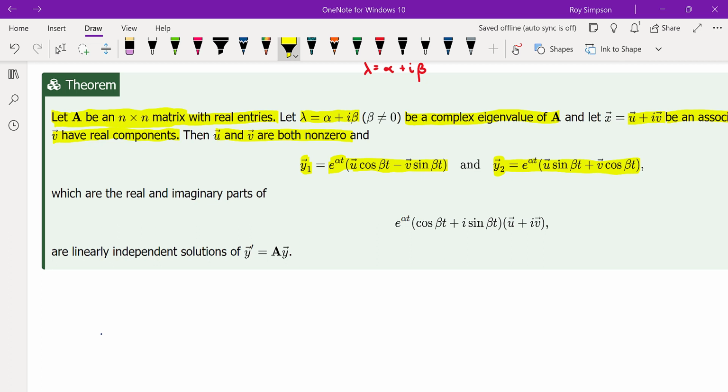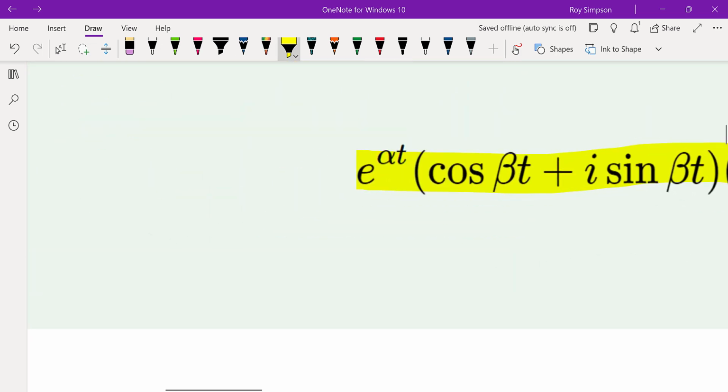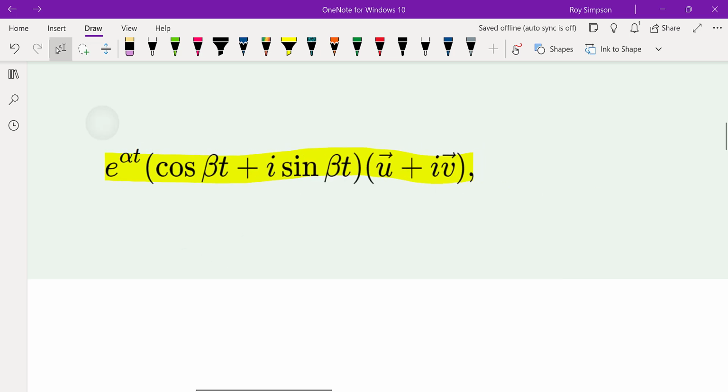These are actually just the real and imaginary parts of this right here. And if you don't believe me, you could multiply it out. It's sort of like what we got earlier: e to the alpha t times the quantity cosine beta t plus i sine beta t, and then multiplying by the eigenvector u plus iv. Now, if you distribute things through,